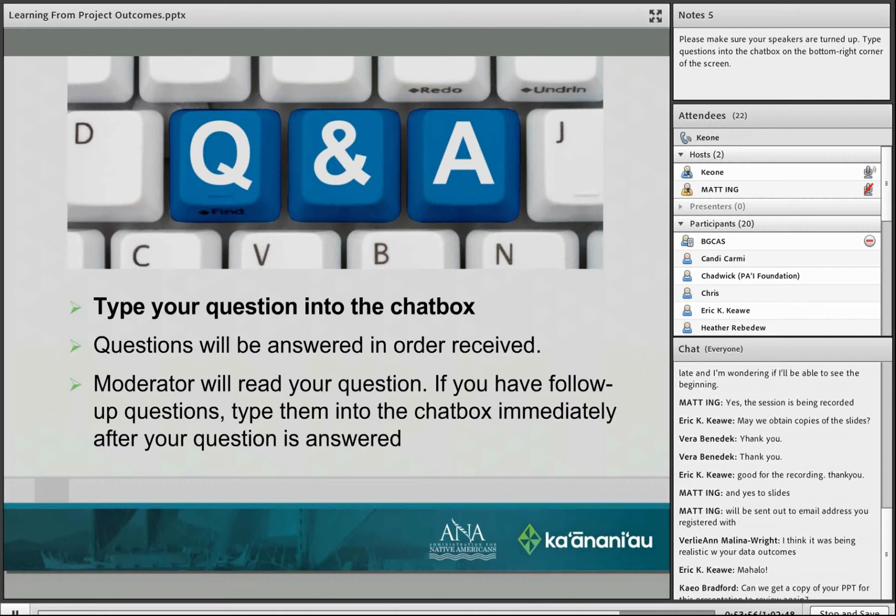When you're looking at your data outcomes, you have to be very objective.